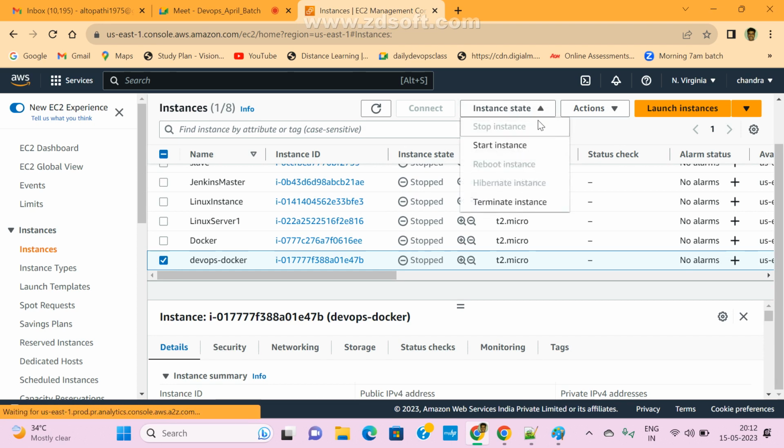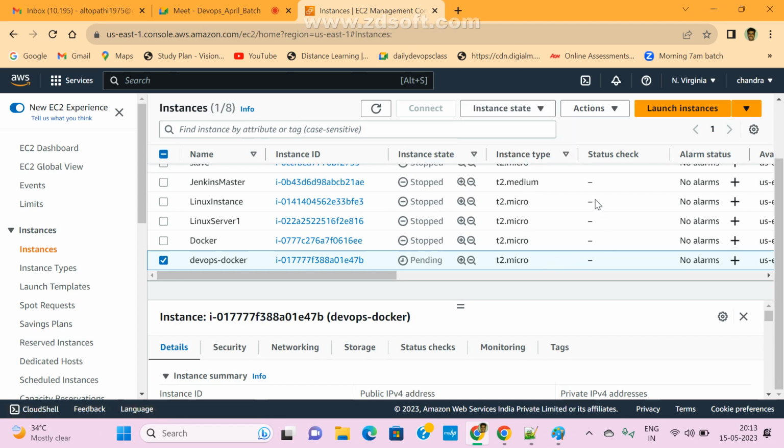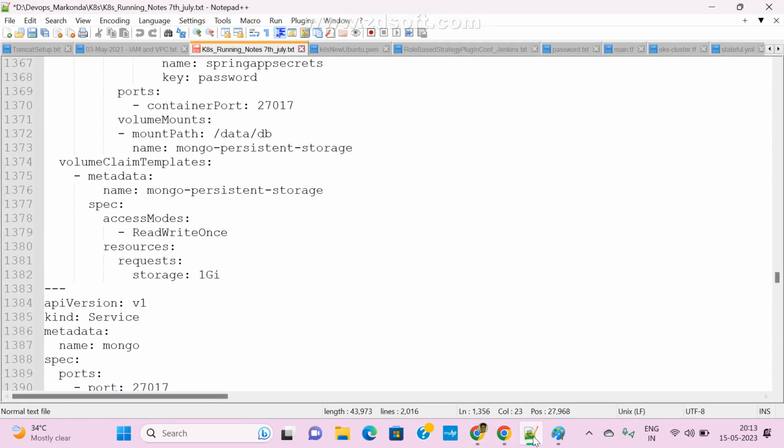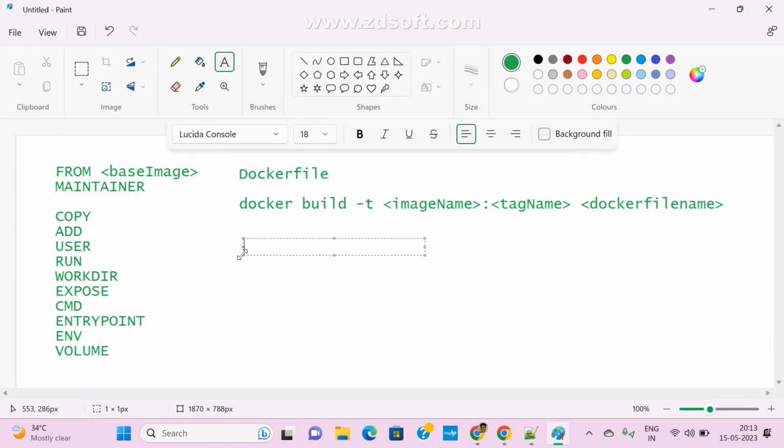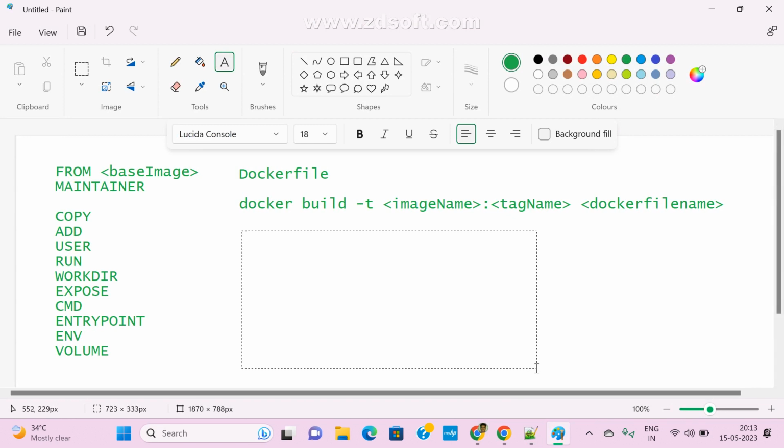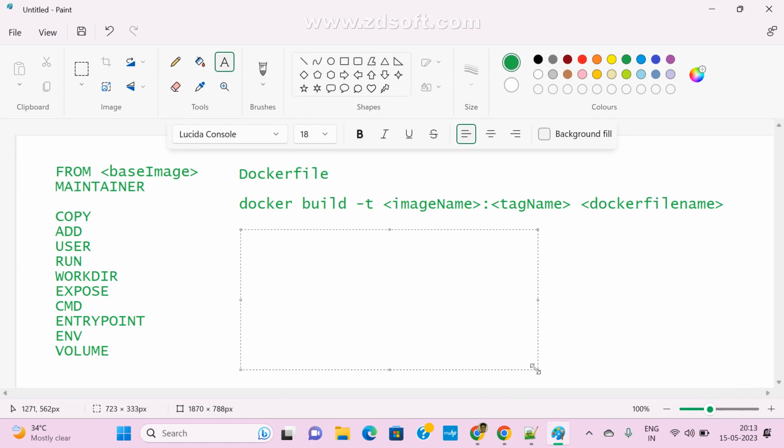So next they asked the question: without a FROM image, can you write a Dockerfile? Yesterday we created a sample Dockerfile. For example, this is my Dockerfile. Here I selected Tomcat or Ubuntu, whatever it may be. Okay, Ubuntu.